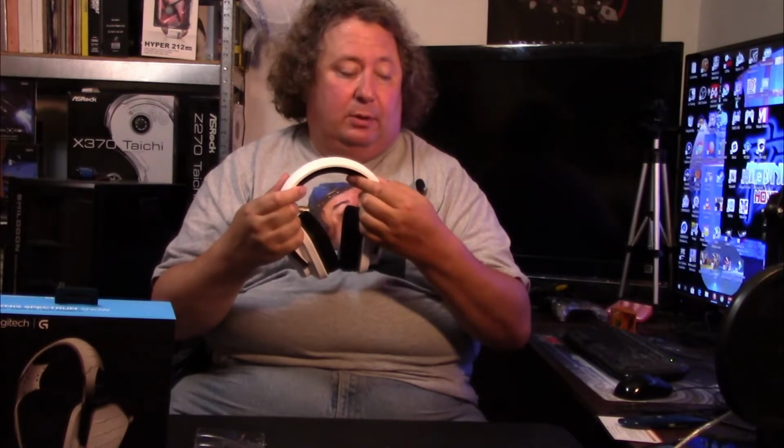So would I recommend these? Absolutely. I mean, I have no problem with them. They work well. They do exactly what they're supposed to do, and they fit incredibly well. And the adjusting, it holds in place. So that way, once you have it right where you want it,